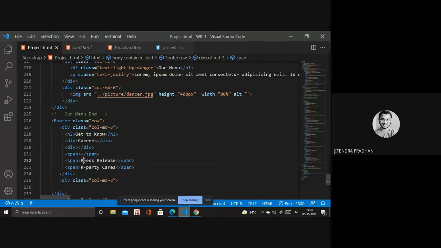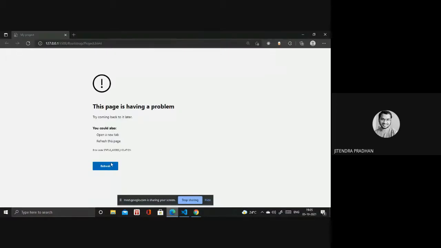Use capital press release, and if you want something like an anchor tag in between that, then you have to use anchor tag. Then you have to give a particular link as well. Let's see how it looks.